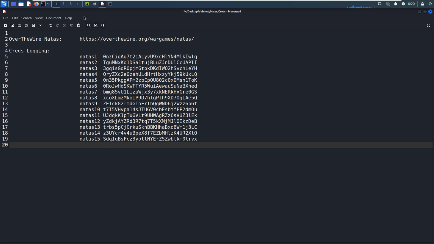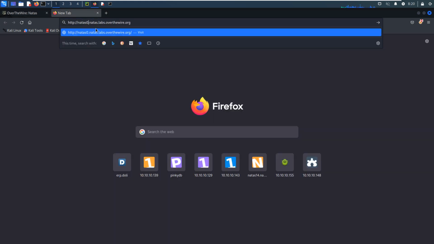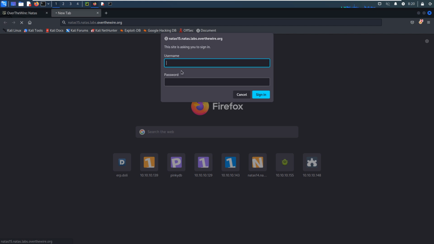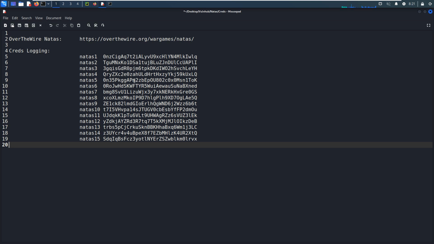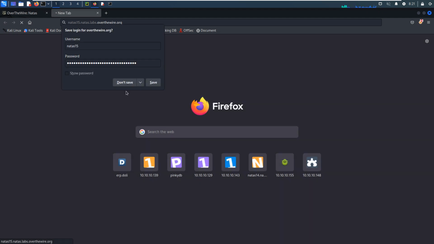We can copy this URL as a starting point, and this should be natas 15. We can copy the password from my notebook, paste it in here, and sign in. Don't save.